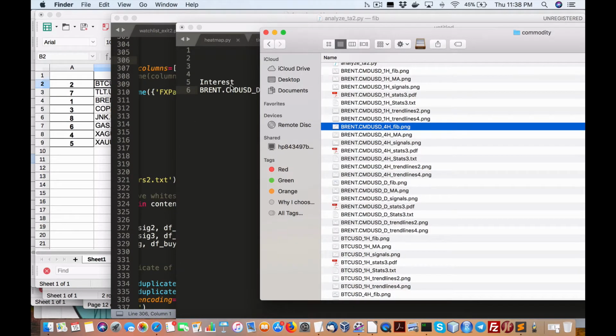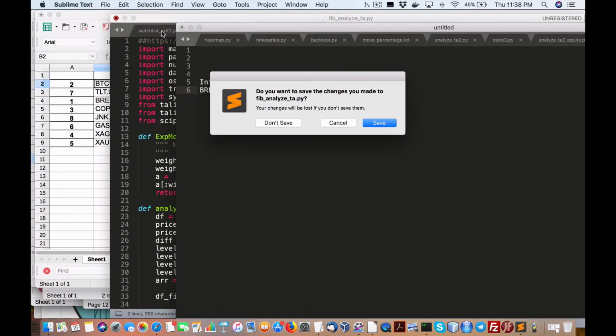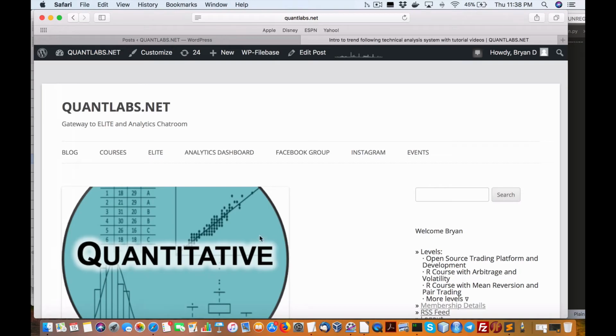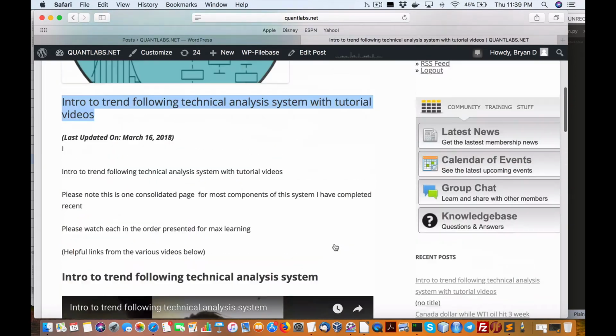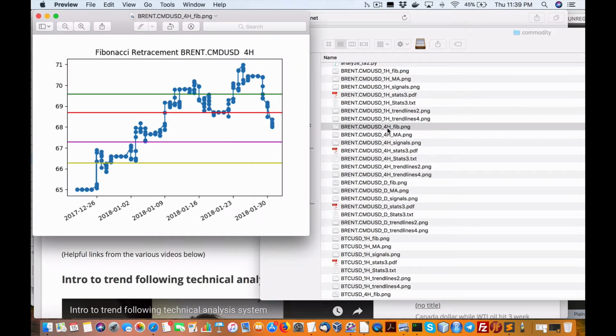Now, again, you'll be able to watch that due to the tutorial page I showed you for all my members right here. So you'll be able to get more detail on how this works. So the 4-hour Fibonacci is right perfectly where I want it to be. Now, again, for entry potential, I could use this line or this line, just under 69 or 70 as potential entry points. And then look at some other,